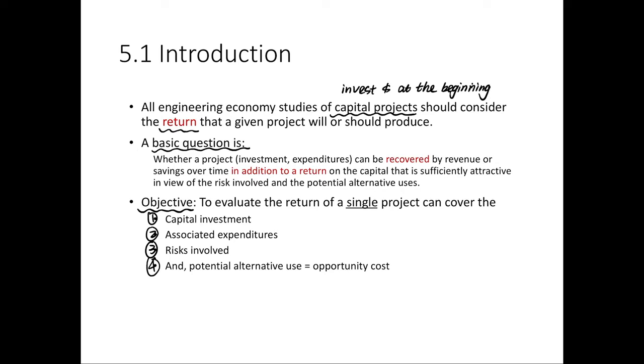So besides the capital investment, the associated expenditures, and the risks, you also want to be satisfied by this project, because you invested the money into this project, which means you couldn't invest the same amount of money in another maybe better project. So what is gone with you not using the other project is the opportunity cost you also